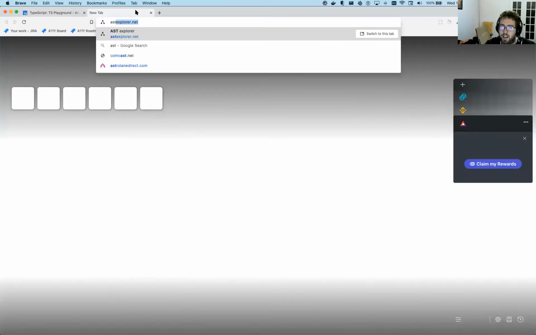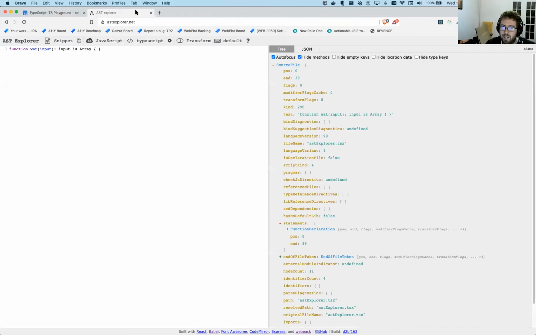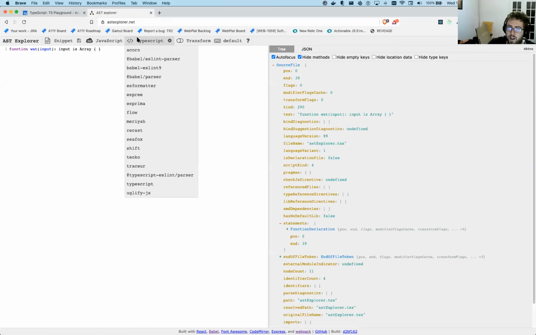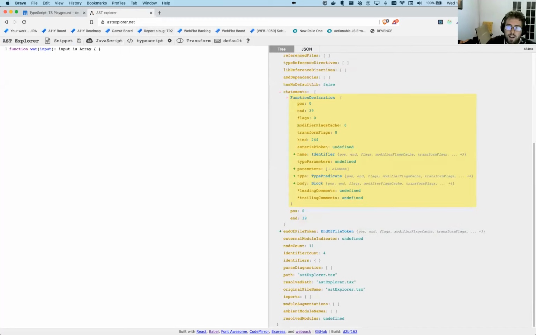Another great site to look at is astexplorer.net. I would definitely recommend checking this out. By default, it goes to JavaScript and then one of these other parsers, but I'm selecting the TypeScript parser. An AST, or abstract syntax tree,